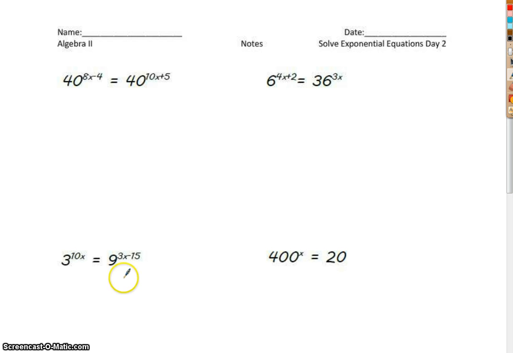We learned that as long as they have the same base, you can take their exponents and set them equal to each other. So on a problem like the first one, they both have a base of 40. So you could take your exponents and make an equation. It would be 8x